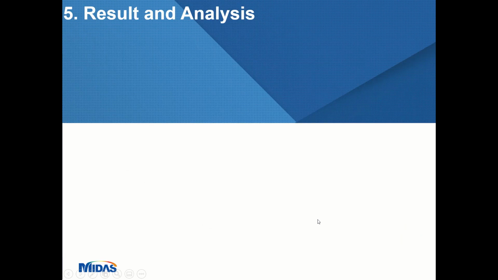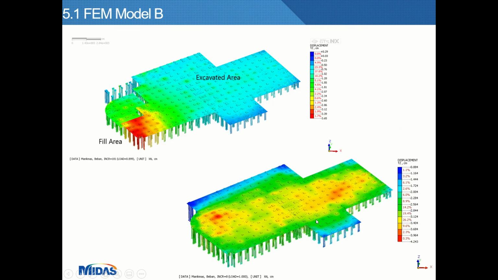Okay, so let me introduce to you very quickly how it differs. When we do excavation, we basically release the stress on the soil. Since we release the stress on the soil, when we apply the column load, it must compensate the stress that has been released by the soil first. So as you can see here, even some areas are still positive, meaning the soil is heaving. The load applied is less than the stress that has been released when we do the excavation. This is the correct phenomenon.